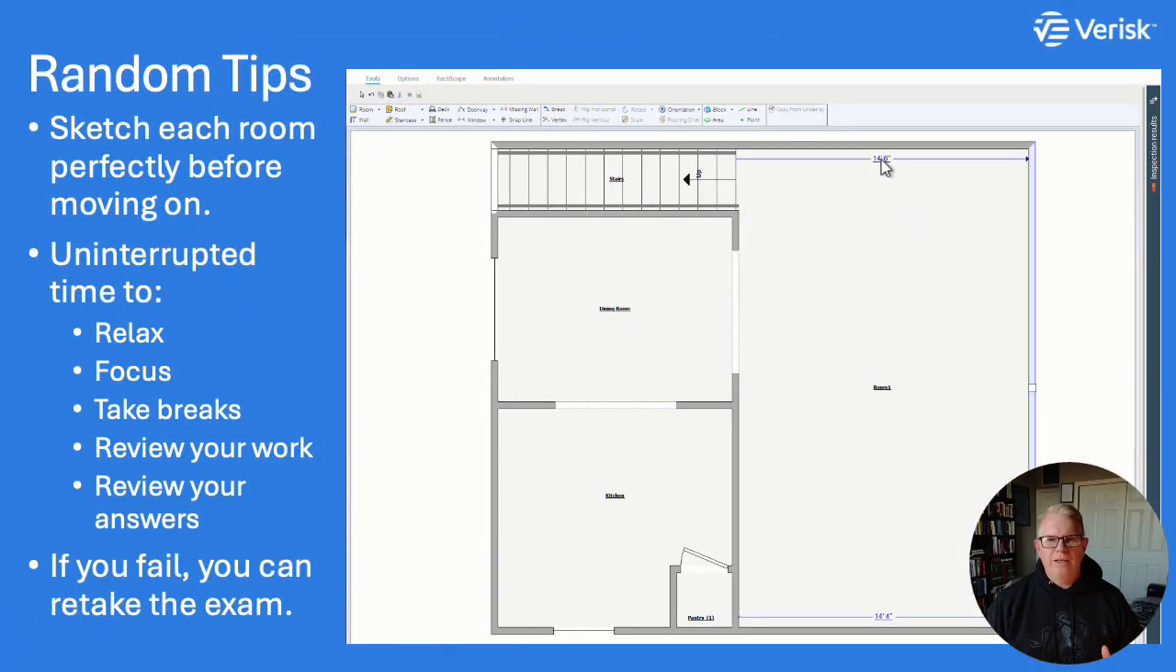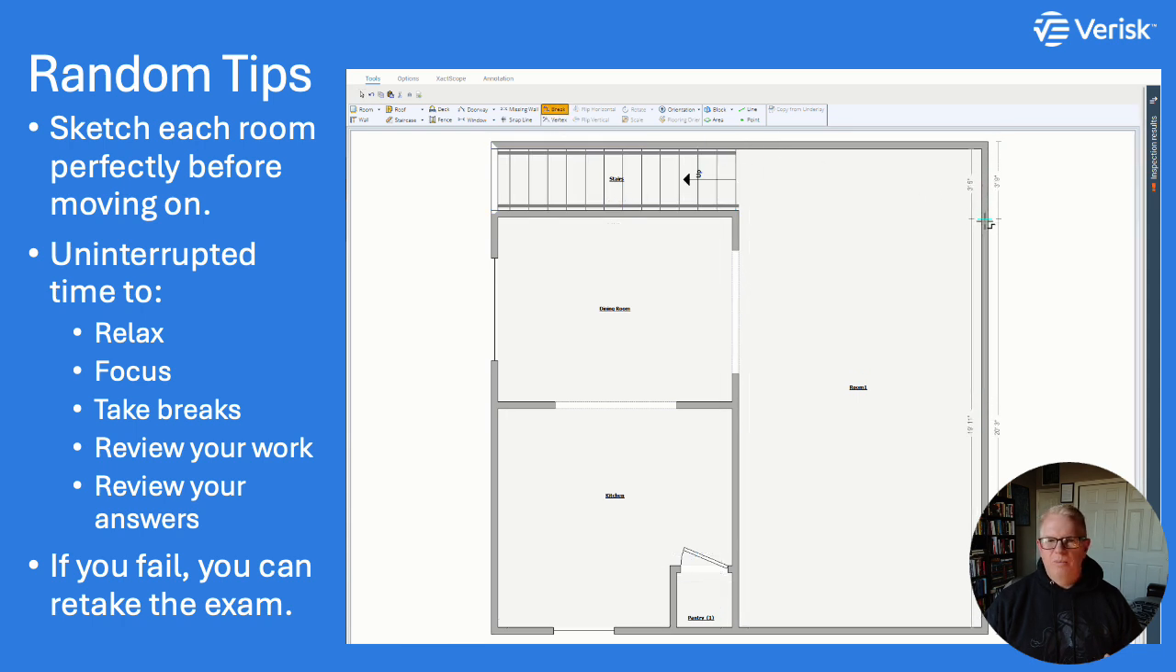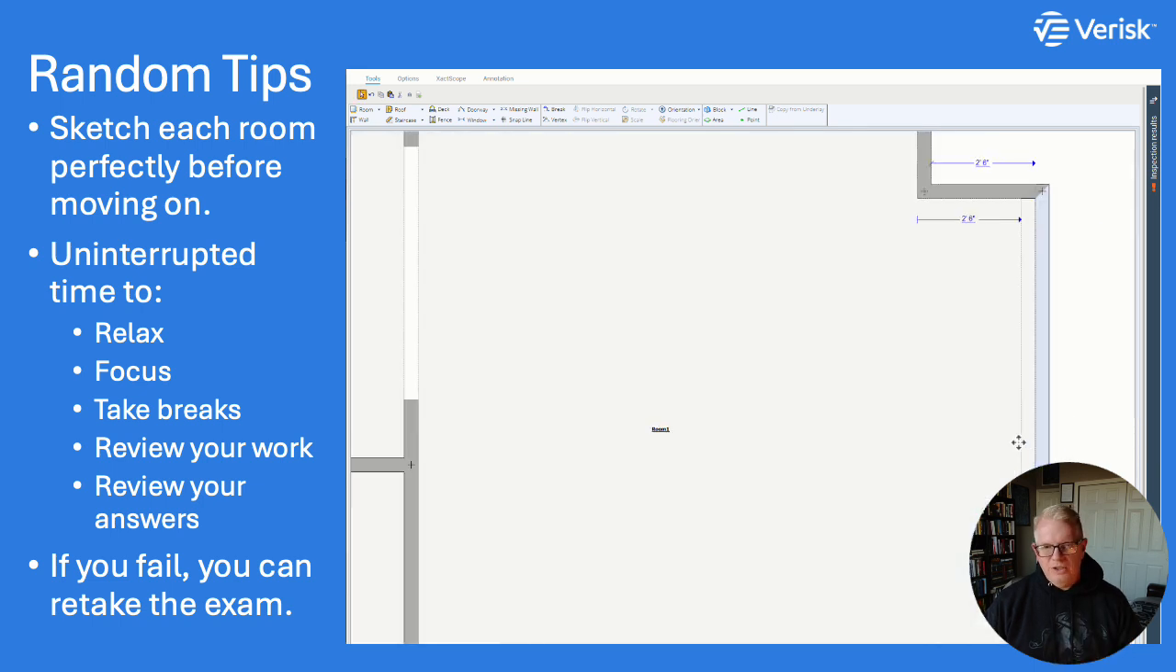Okay, a few more random tips. First of all, take your time with the exam. I know it's hard to find uninterrupted blocks of time these days, but it's worth it. The Level 1 exam will likely take a new user around 3 to 4 hours to complete. That includes building the estimate, looking through the questions, finding the answers to the questions, and then actually answering the